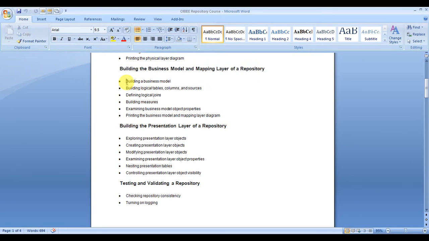Here we'll see how to build a business model, how to build logical tables, columns and their sources, and how to define logical joins, how to build measures, how to examine business model object properties, and how to get the diagram of the business model and mapping layer. In short, we will represent business model and mapping layer as BMM layer. Please note this down.